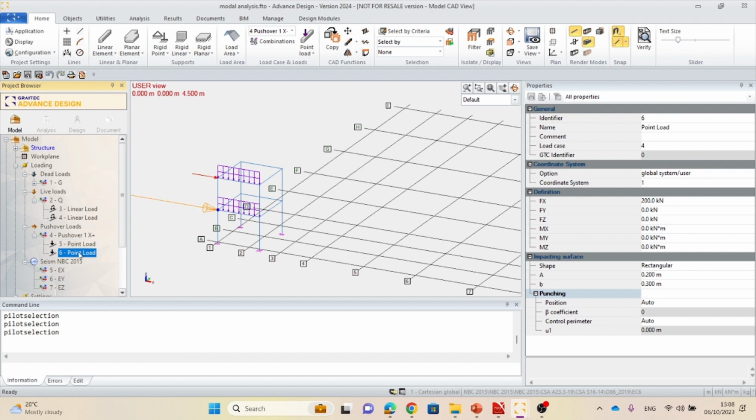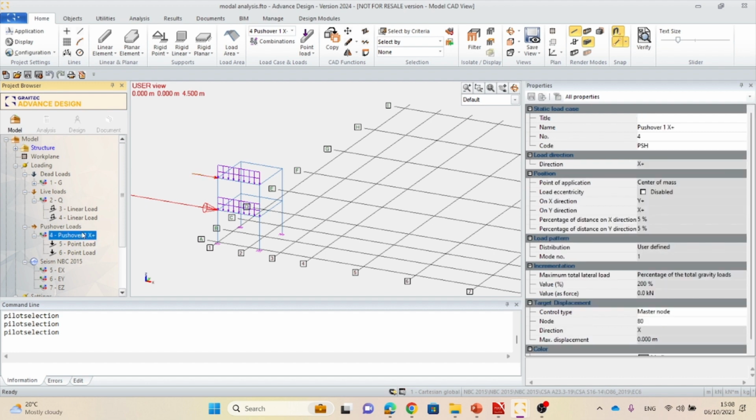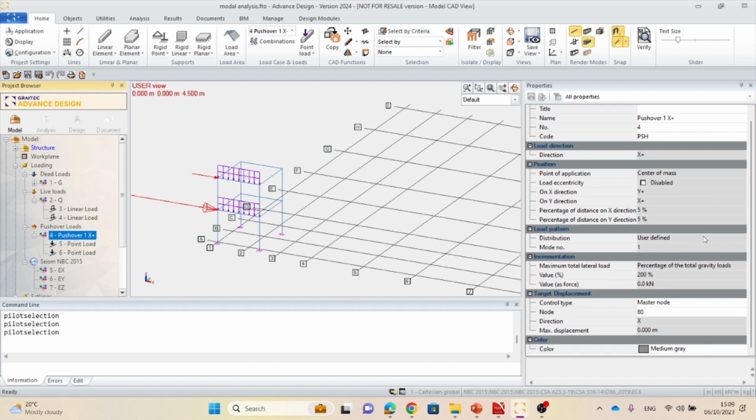So I have defined my point loads here, applied on the top of each floor. And by selecting the pushover load case now, the one that corresponds to the X plus, I can access all this different information here. I have the option to add eccentricity if I would like to allow for the load to be slightly eccentric. And here, since I asked for a user-defined load pattern, I don't have the option to change this information,